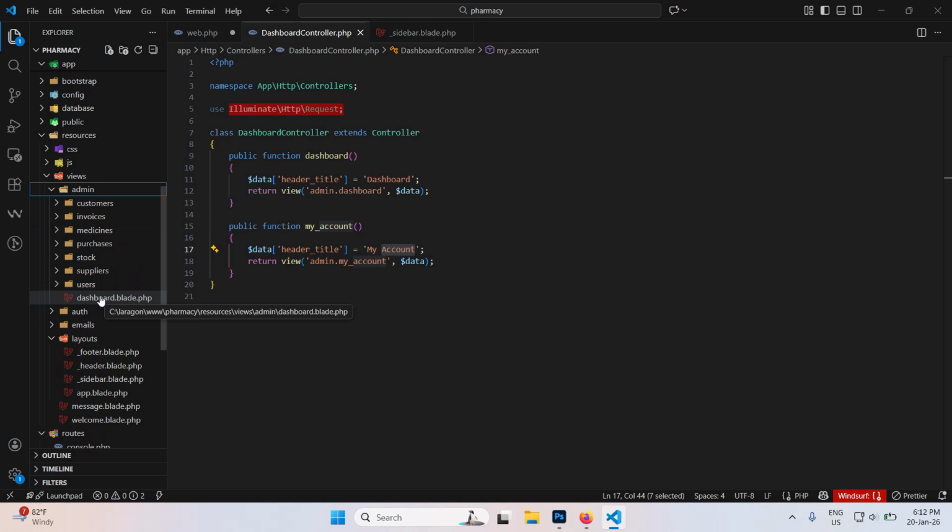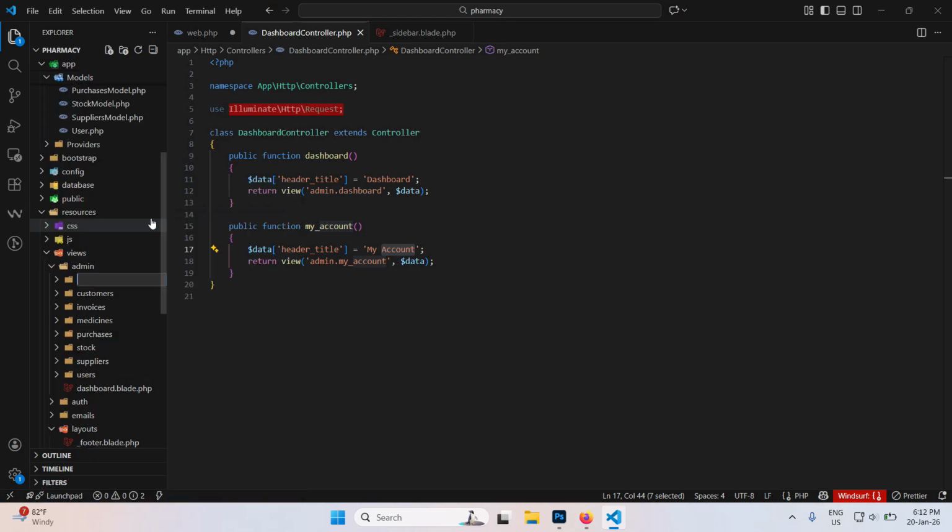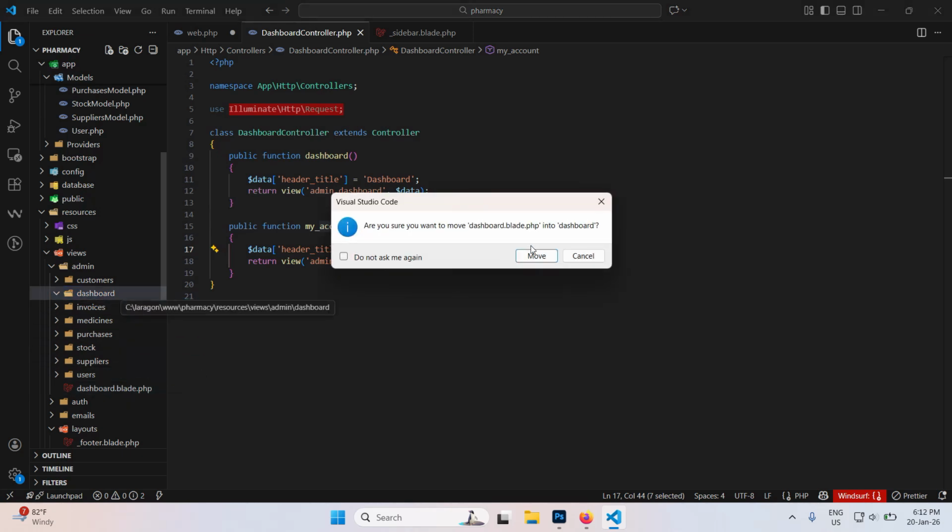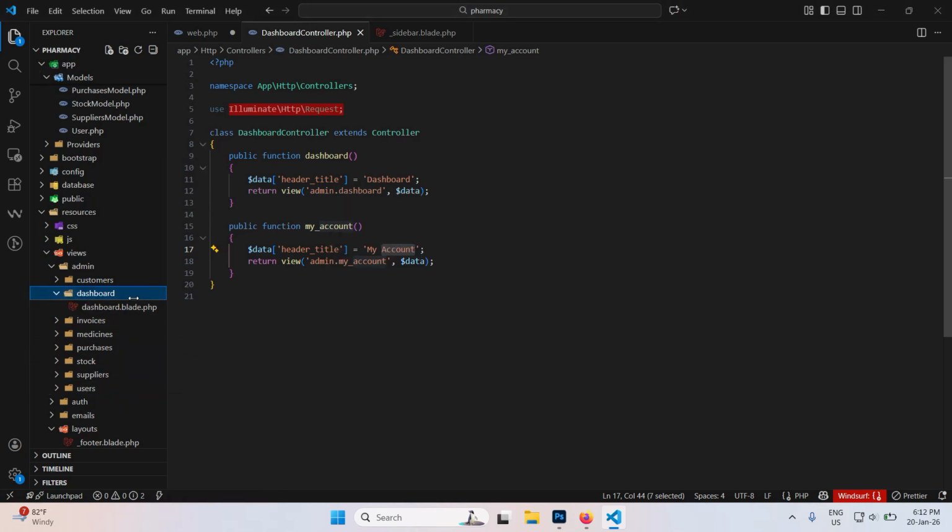You can see the dashboard is out here. So what I want us to do, I think we can create a folder called dashboard, and we organize our work. Let's call this folder dashboard like that, and then we are going to drag this here. Meaning that if we drag dashboard inside that folder, then